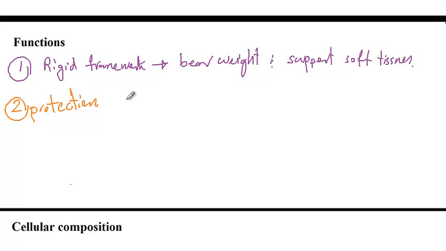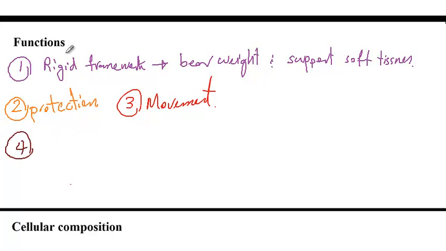This system is also required for movements, where the muscles are attached to bones via tendons, and this arrangement of muscles and bones allows for the movements of our body. Another function of the skeletal system